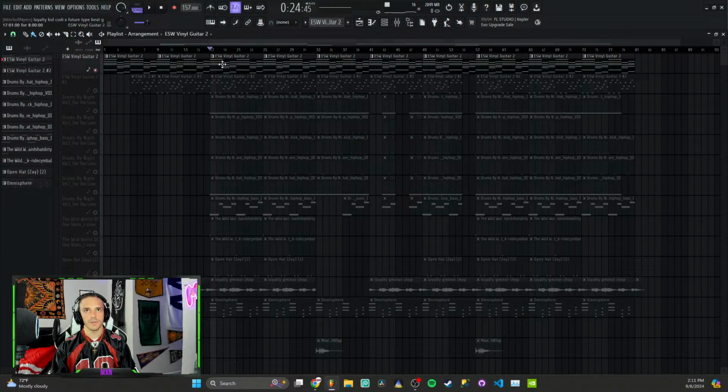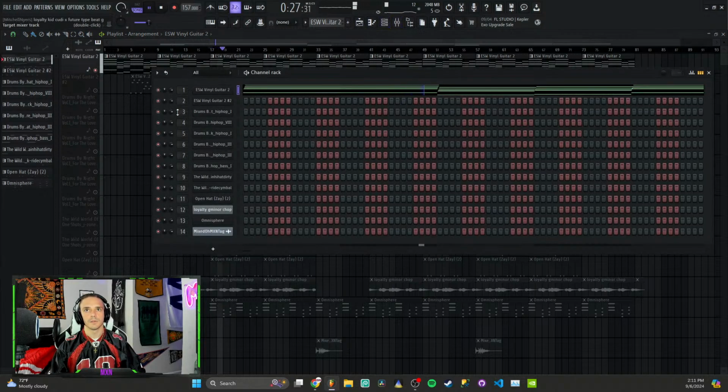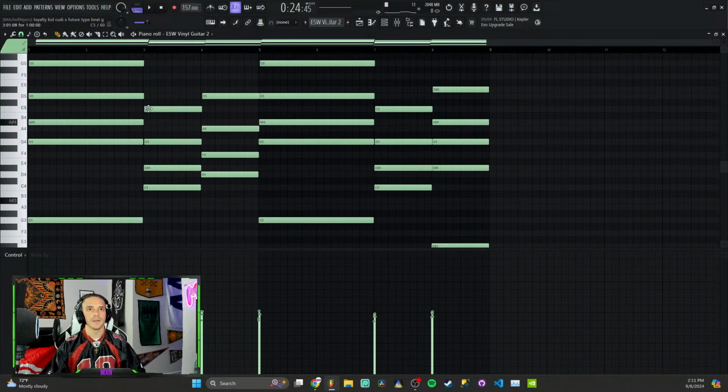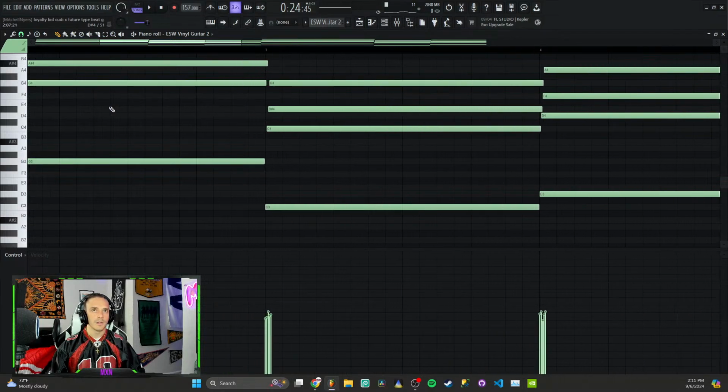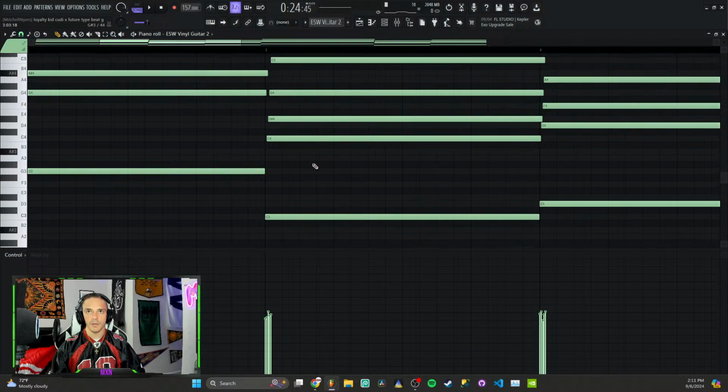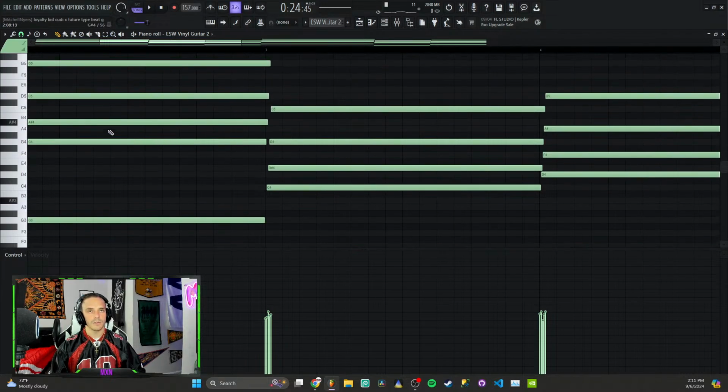So I'll first break down these chords. Right? So those are some good guitar dark chords, right? With this one, I put this in the key of G minor. I wanted to make sure that I played it how a guitar would play it, right? Whenever you're going into a guitar, you want to make sure you're hitting all the right notes. So I'm gonna pull up something here for you guys,